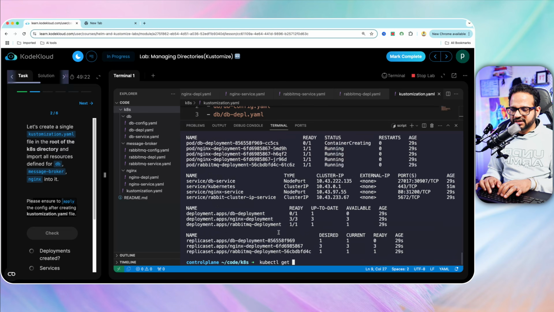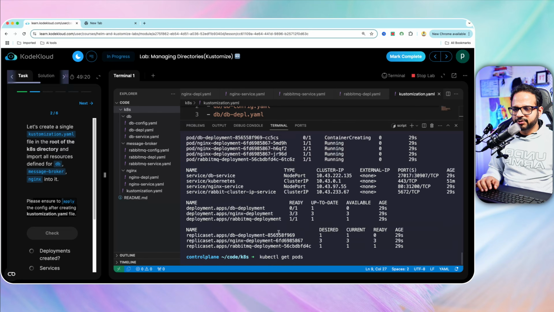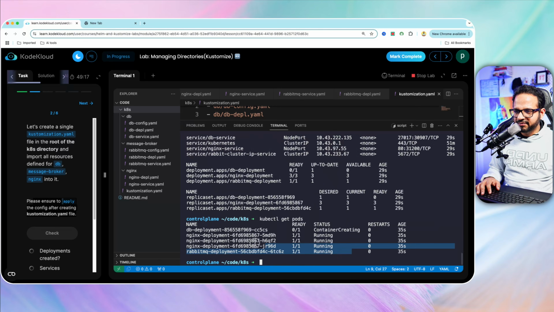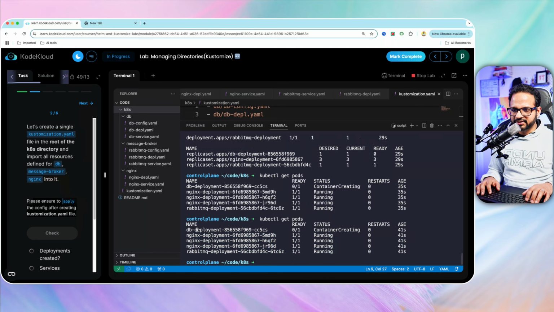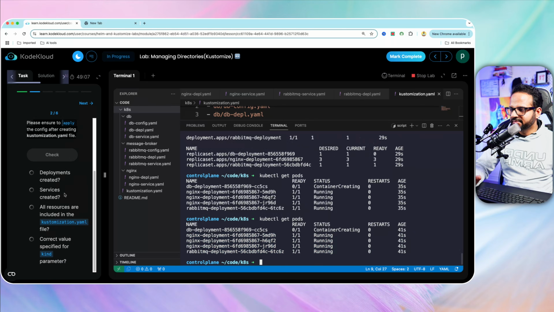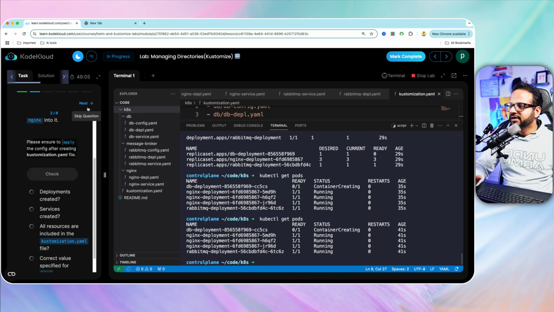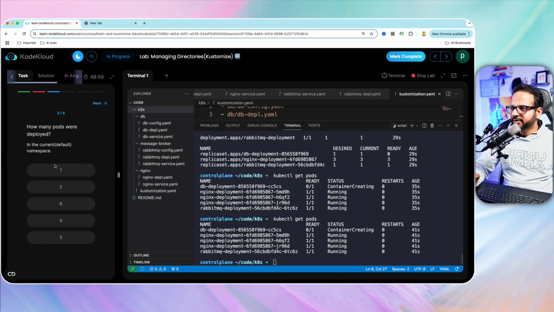So kubectl get pods, if I do that, so we have the deployments running. It's just the db pod is coming up, container creating state, and I'm sure it will come up. So that's what we wanted to do, and I think that's it for this. Now let's hit next. Okay, how many pods are deployed in the default namespace? So 1 2 3 4 5,